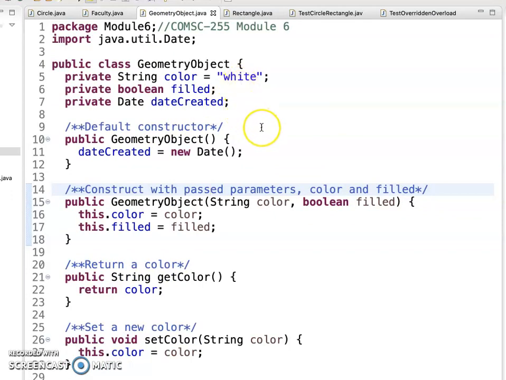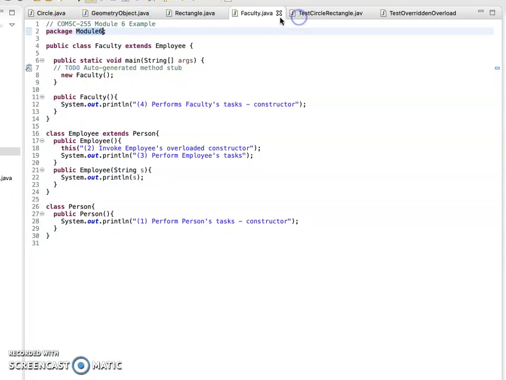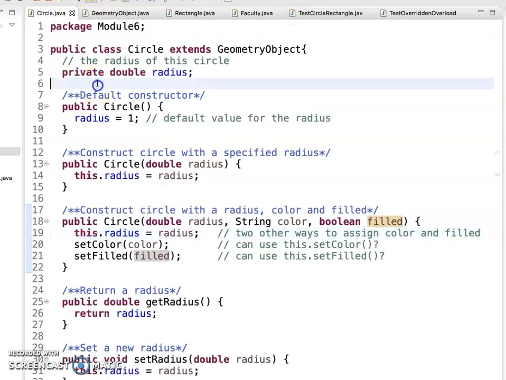And also we talked about the accessible attributes. Here the color and filled are defined as private in the geometric object. So even though the circle class did extend from the geometric object,